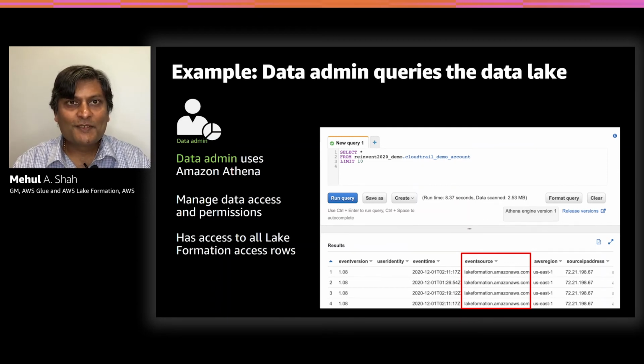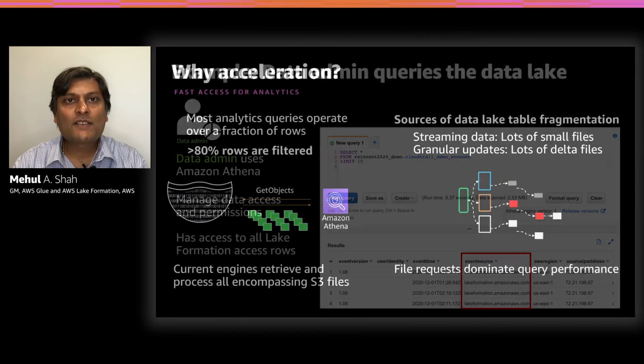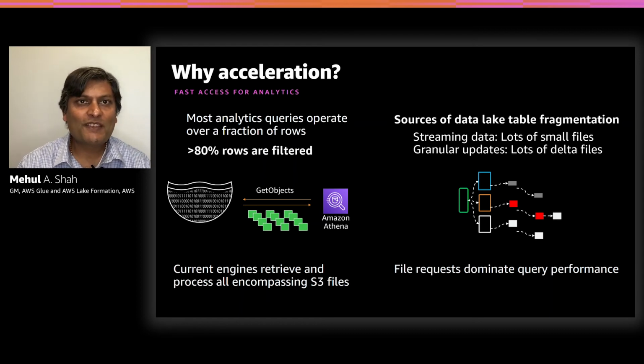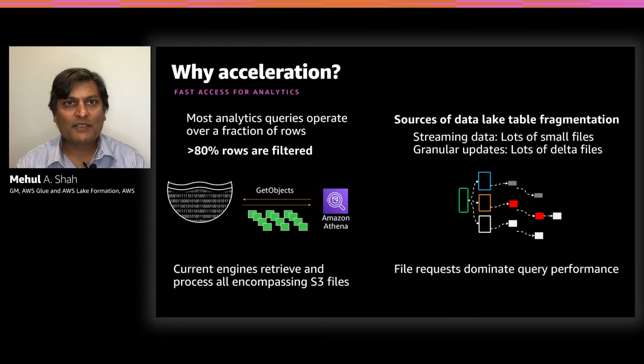All right, so that was row-level filtering. Now let's talk about acceleration. Why do we need even faster access to S3 than we already have? Well, it turns out when we looked across our customer base, we found that all of the engines and all of the analytics that they're doing in their data lakes, they're often retrieving more data than they need. In fact, for most of these queries, more than 80% of the rows that are retrieved from S3 are filtered